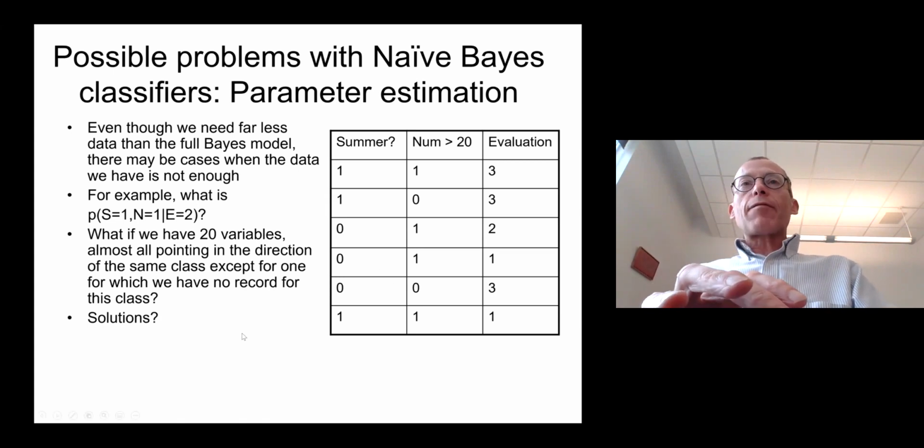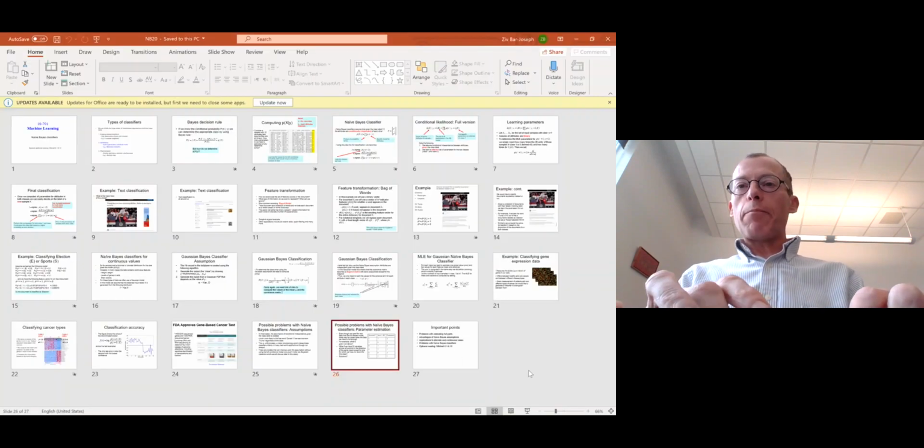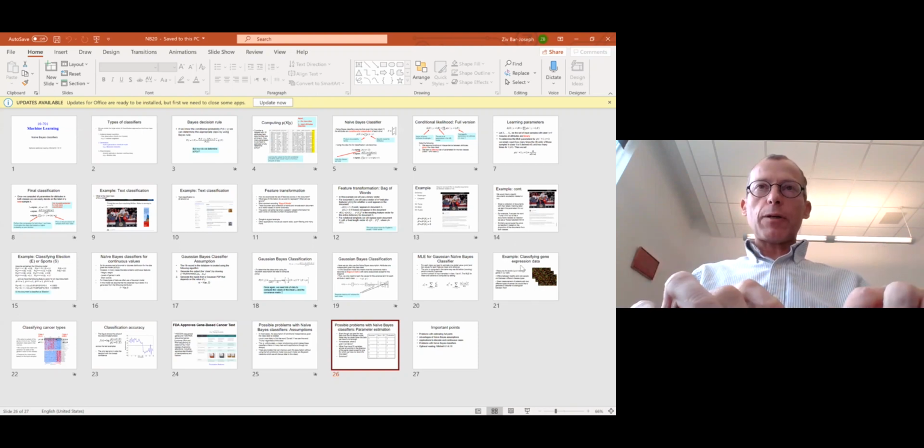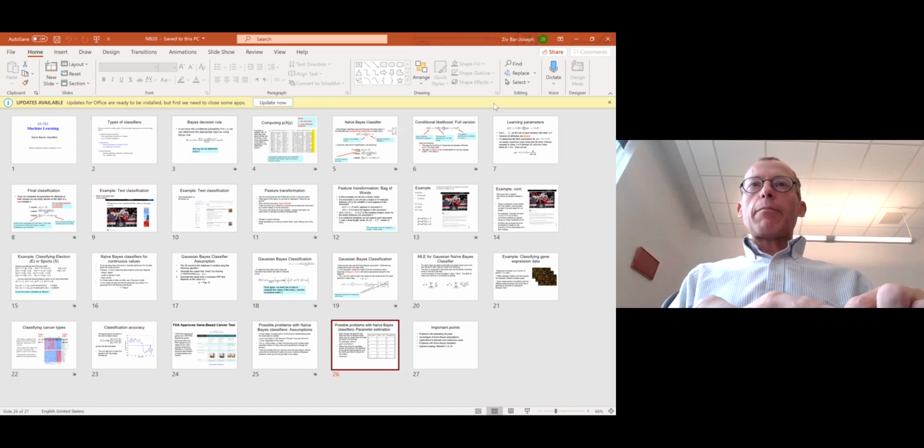You already have a naive Bayes question in the first problem set, so hopefully now you feel more comfortable working on it. And next time we will discuss another supervised learning method called decision tree. And basically that's